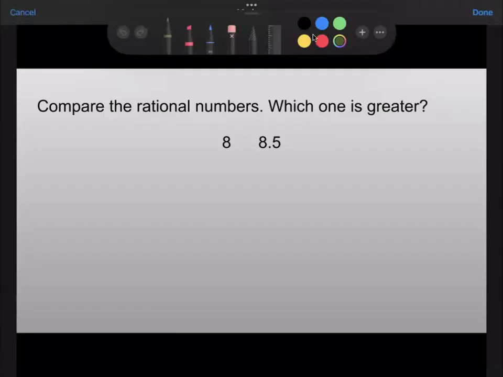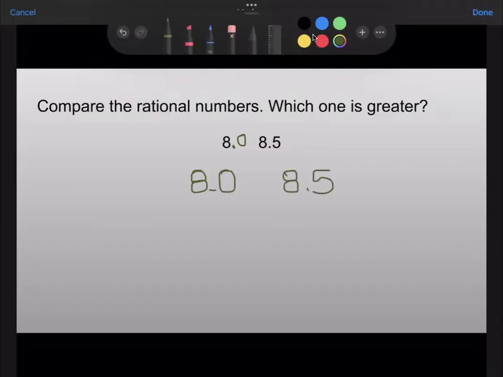Okay, here is our next one and our last one for this video. We're going to compare the rational numbers and decide which one is greater. We have 8 and 8.5. So again, they're a lot easier to compare when they're in the same format. Now one's a whole number, one's a decimal. So I'm going to turn 8 into a decimal. The way that I do that is I add a decimal point after the 8. And if I have no tenths, I can put a 0 in the tenths place. So instead, I'm comparing 8.0 to